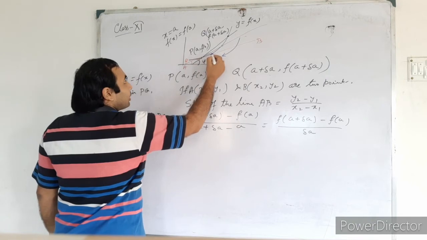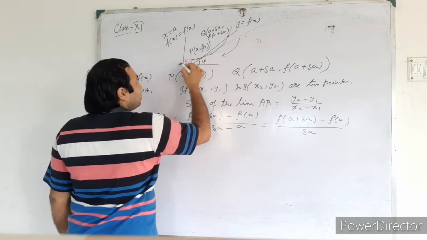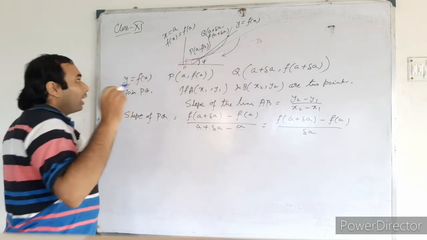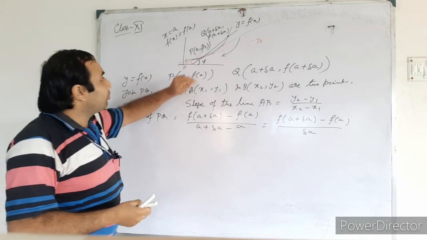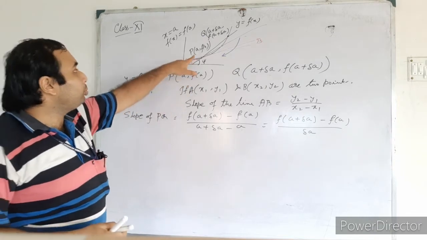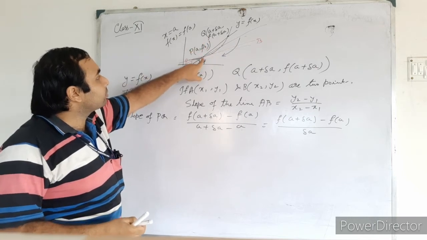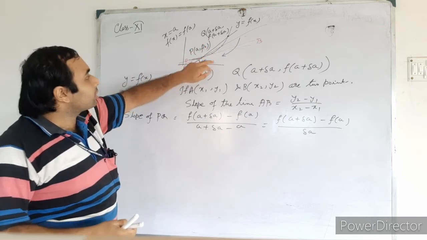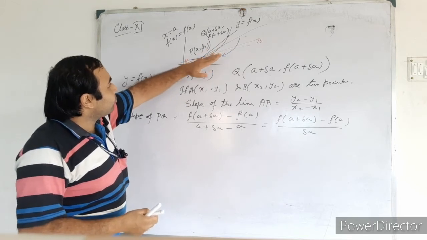After some time Q will be here, so the PQ line will be like this. When Q gets very close to P, that is del a tends to 0, you will see that the PQ line